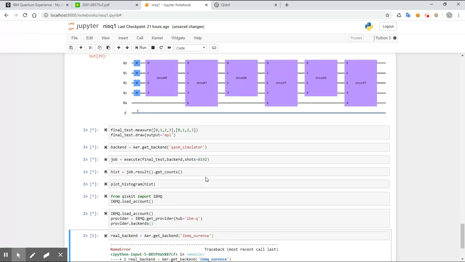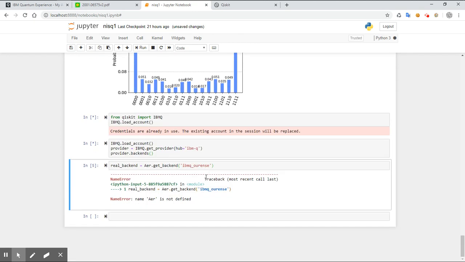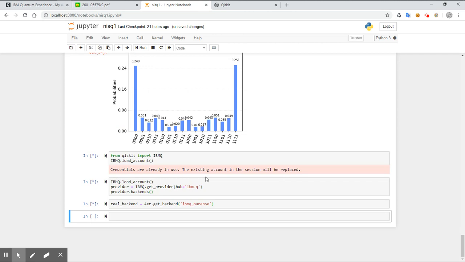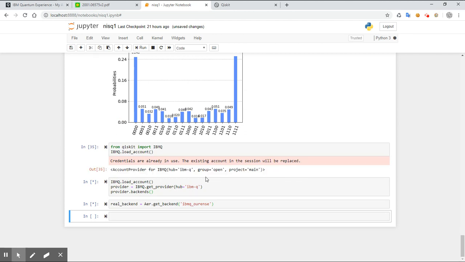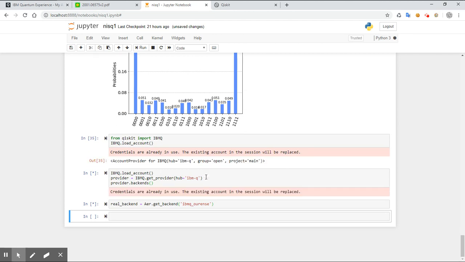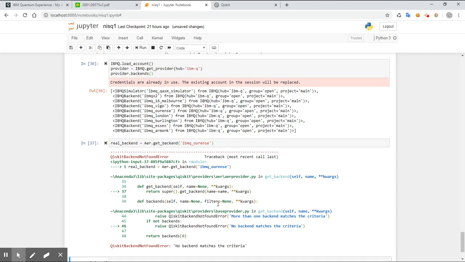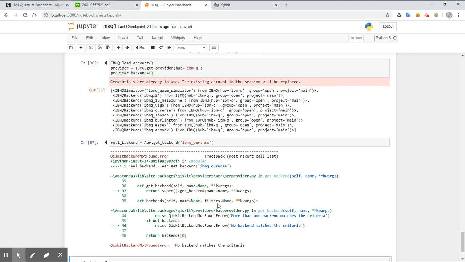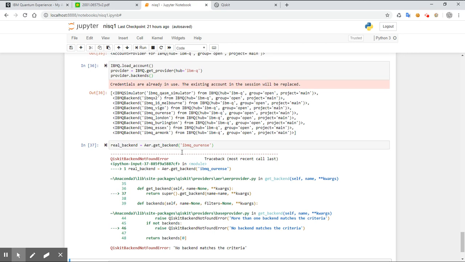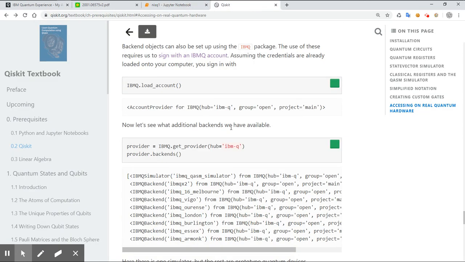Let's wait until everything is rendered. Everything pops up here. Now let's get the real backend. Credential already used. Backend not found. Isn't that how I do this then? More than one backend matches the criteria. Get backend IBM Q Orense, and say, how do we? So, okay, so let me